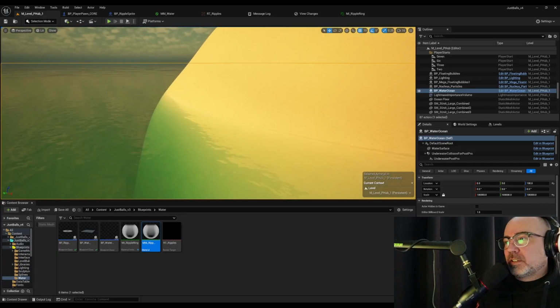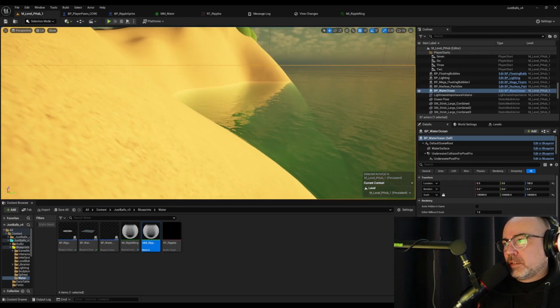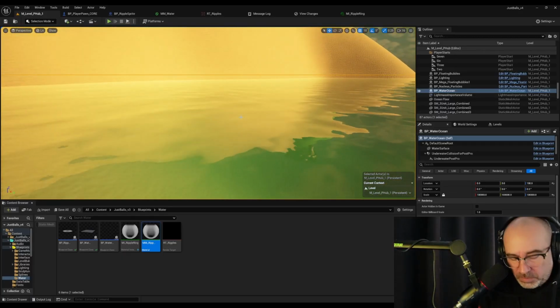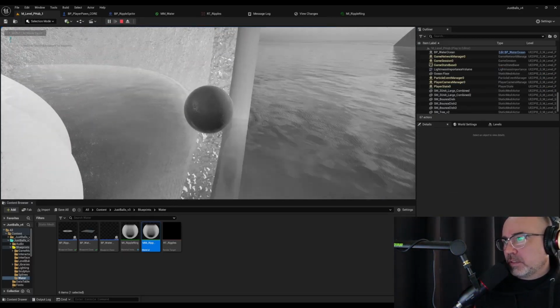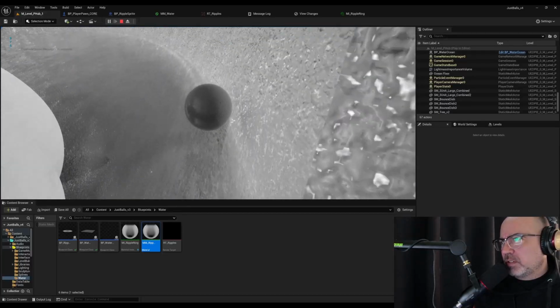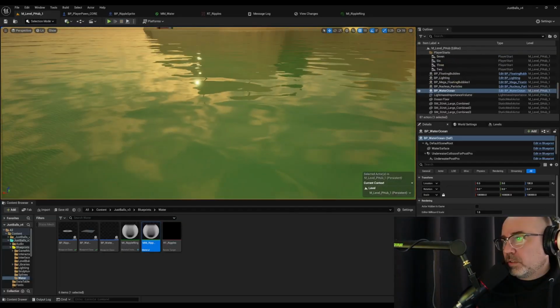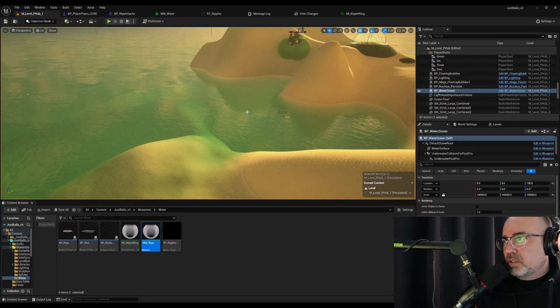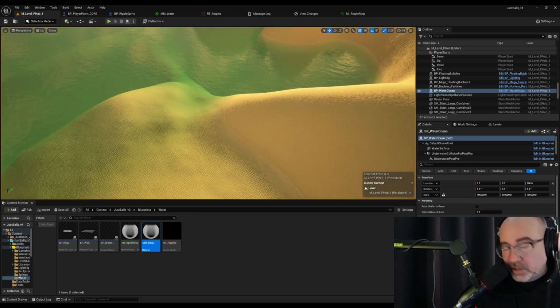I have it set up so that... let me just press play. So that my ball doesn't use distance field foam, but everything else does. So what you have to make sure you do is, if you have a surface that you want to use like water, see I'm making like little ripples over here,